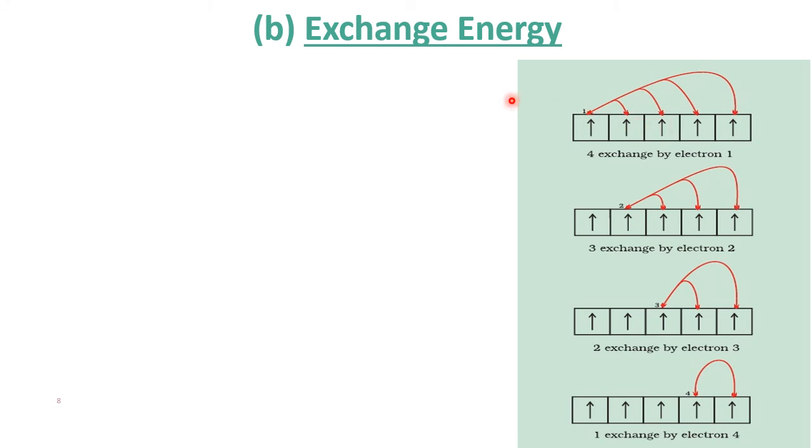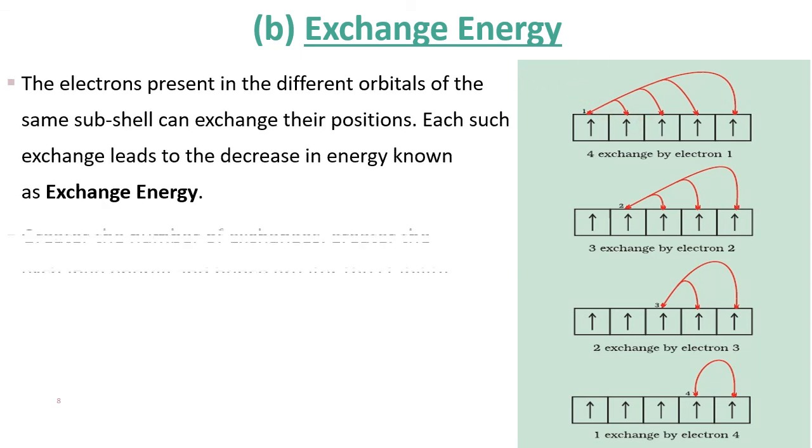More exchange energy means it is doing more work. When it is spending more energy, it is going toward the least energy. And remember, the least energy is always the most stable. That's why the more the number of exchanges, the more the energy spent, the more the exchange energy released, and then more stability. So it is because of exchange that they go for stability. The same thing is explained here.